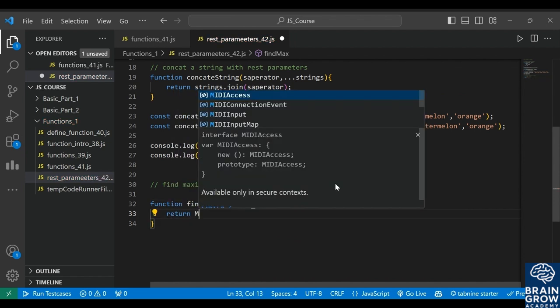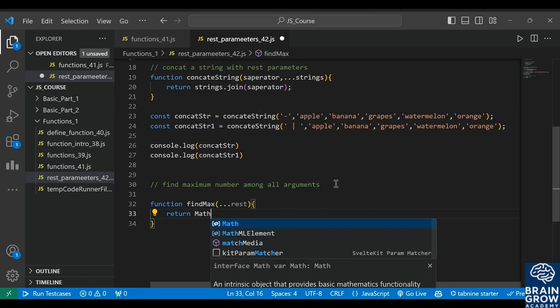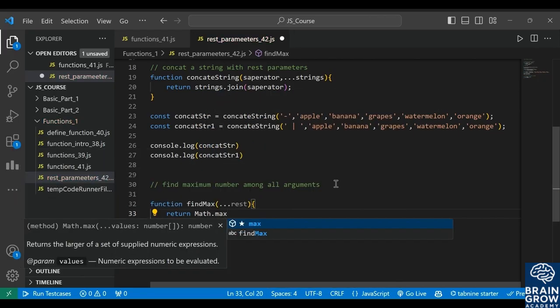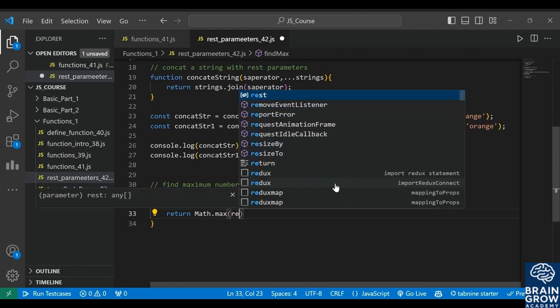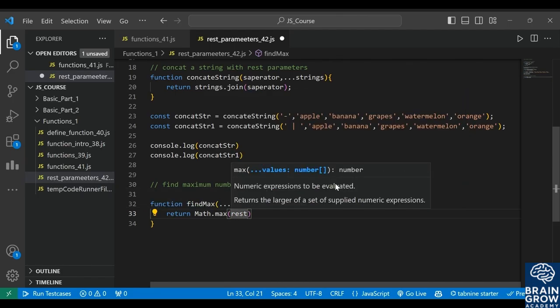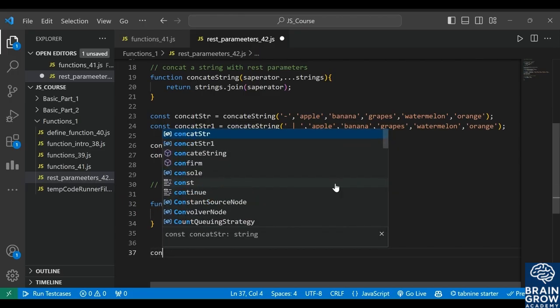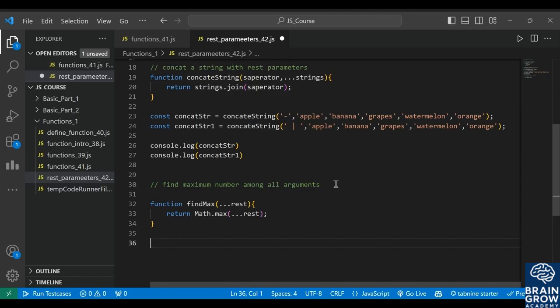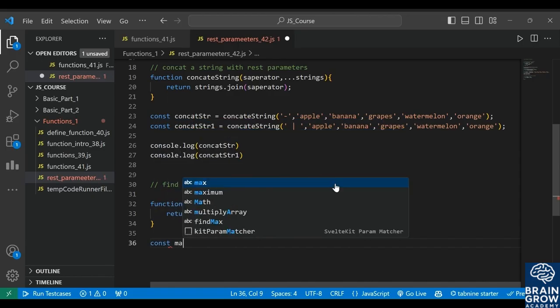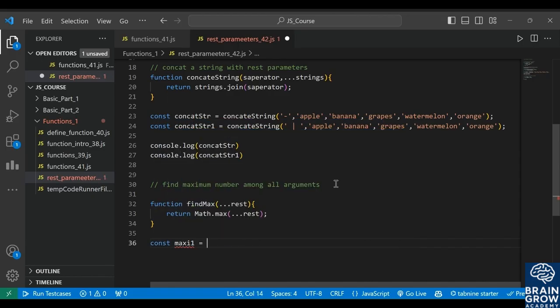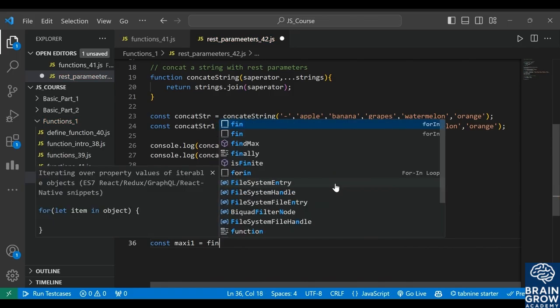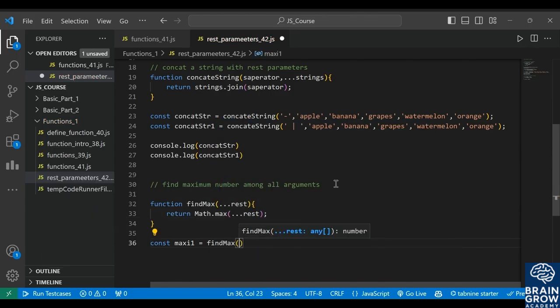In JavaScript there is the function Math.max, and pass rest. And console, and create a variable const max1 is equal to findMax and pass 10, 3, 20, 40,